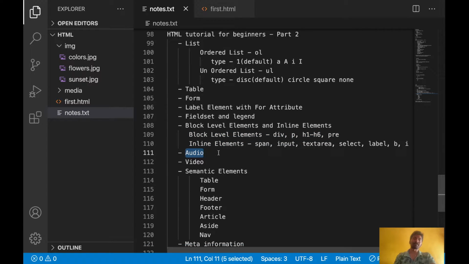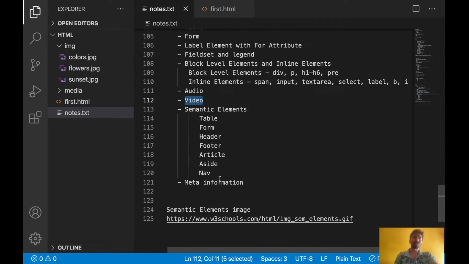And audio: how we can insert audio in our web page. Let's say in most apps or websites, you will see some audio or videos. So how can we integrate that? We can make some app kind of thing. We can display some 10 or 20 audio or video items and play them one by one. So the basic thing I will explain today is how we can insert audio and video.